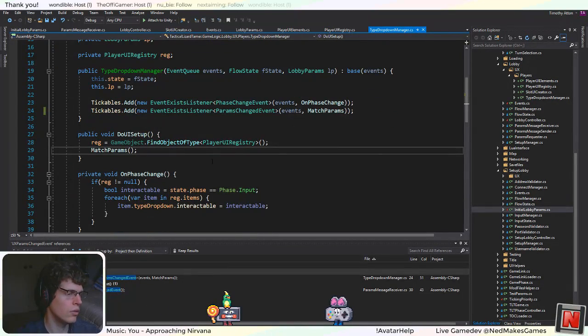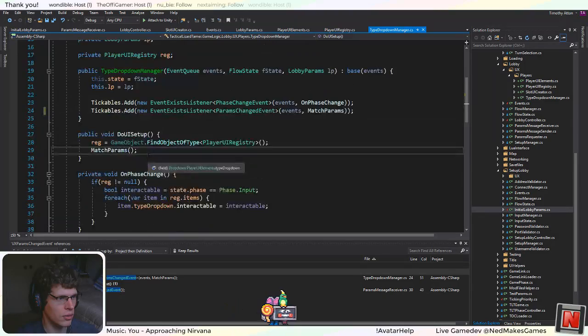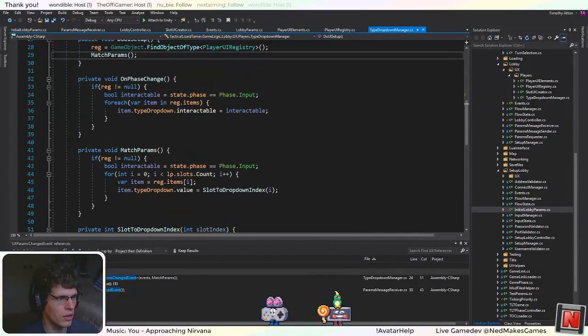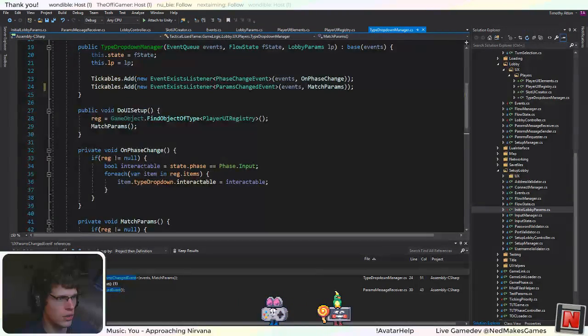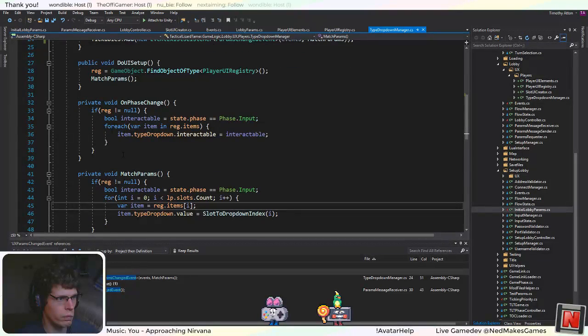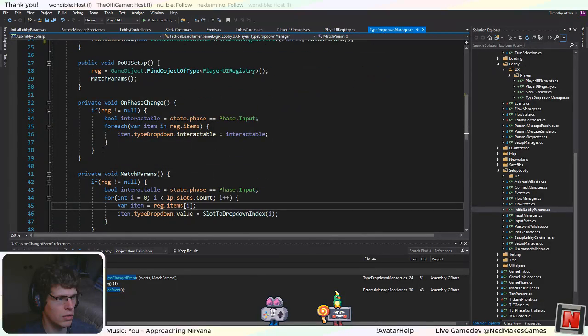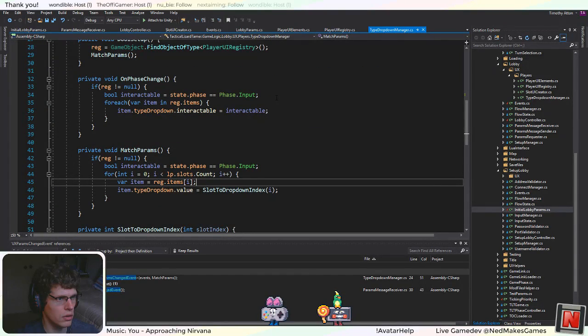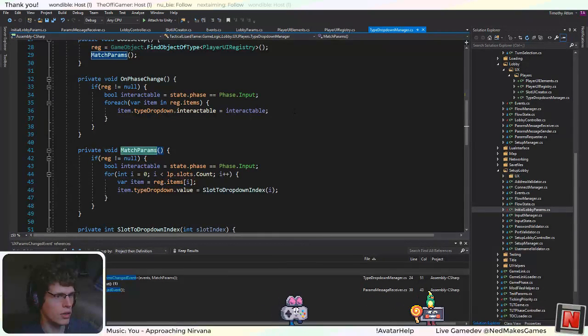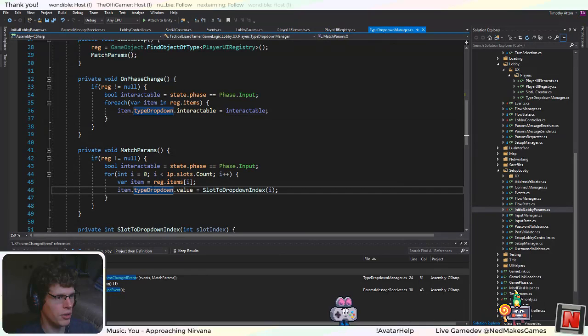Okay, also I need to keep track of, yeah, when there's something new created, I need to register an event listener for that. Also, okay, so this match parameters can happen when something new is created, so I need